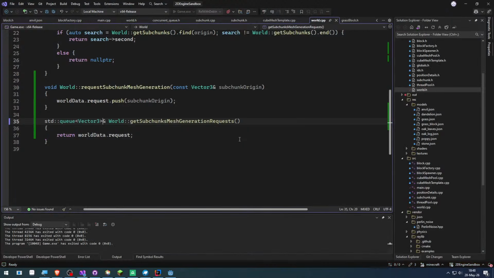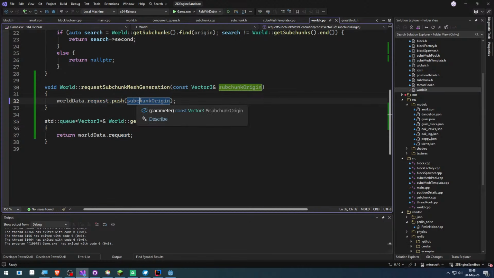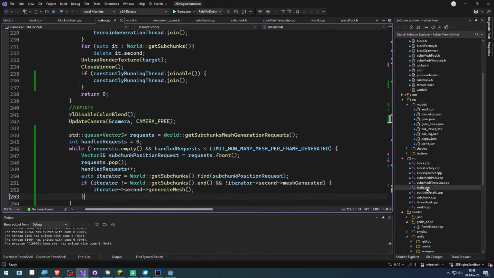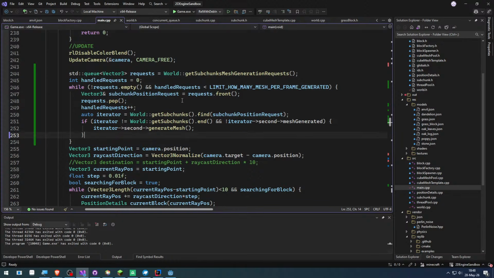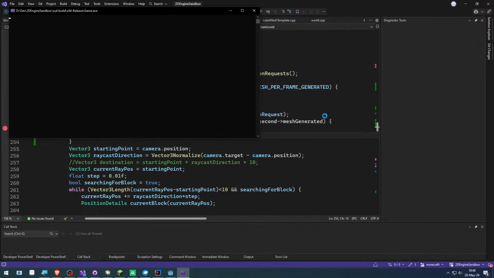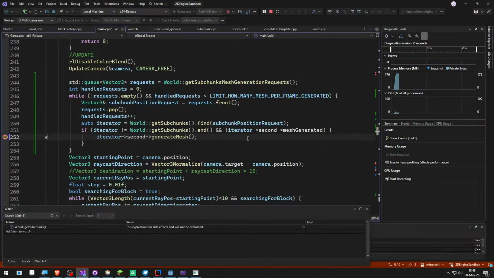I don't think so. Oh, have I implemented it? Yeah, I push it. Main. Do I get to here? That's what I want to see. We're very close. Yeah, we get to here. The subchunk position is,